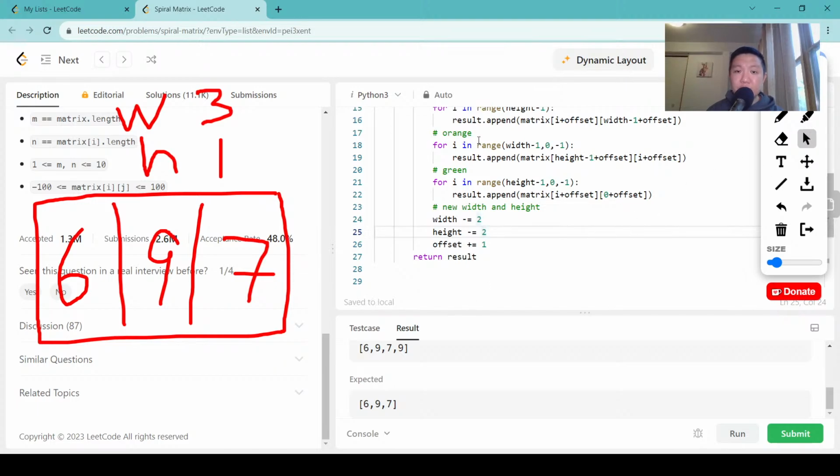So I can't do this. If I do this, then I won't get the 7. I'll lose the 7. So what's happening here is blue is printing 69, and then orange is printing 79. So if I want 697,